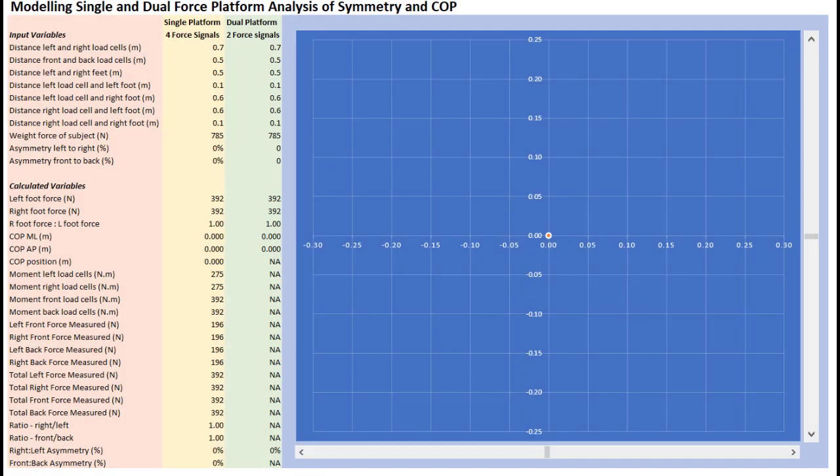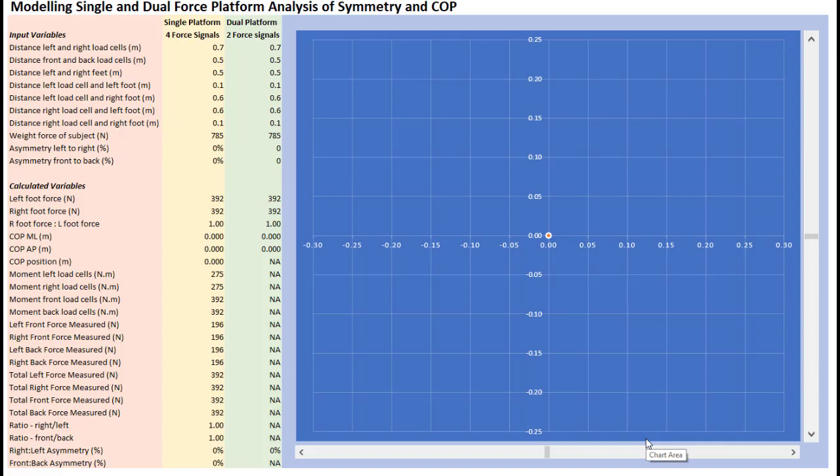I've created a computer model in Excel, and this model simulates two of the very common force platform designs or systems for performance measurement. So these are uniaxial force plates, only measuring forces applied perpendicular to the plate's surface. So I've modeled two designs here, one being a single plate here, which is 0.7 of a meter wide and